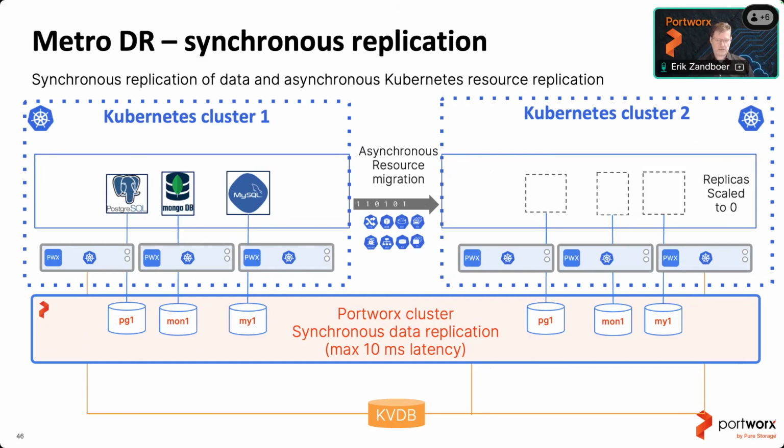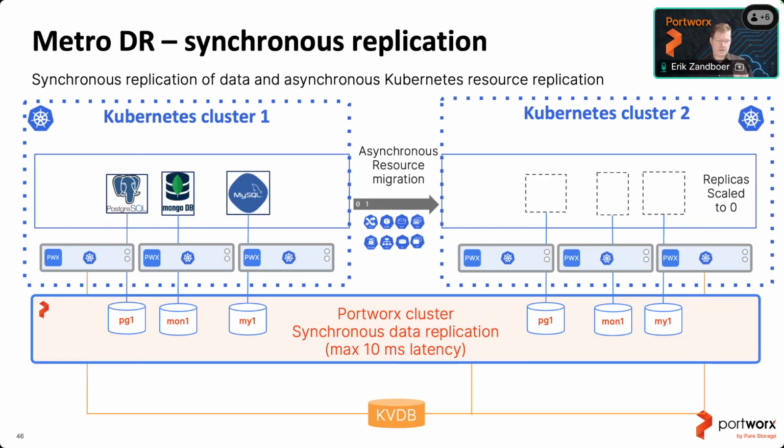So in this case, as you can see, it is a less clean version of DR, because where asynchronous DR had everything separated, literally everything, right? There was just an object store in between that would write and we would read. They would be completely separate. So here you're seeing that we have one Portworx cluster. So break the Portworx cluster, break both sides at the same time. So this is a risk. That's something that you need to take measures for.